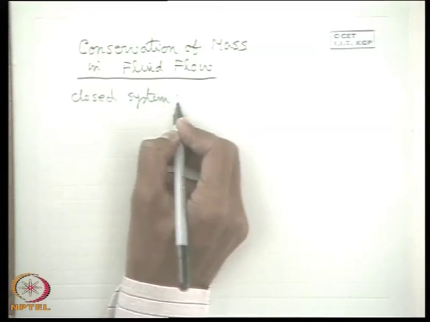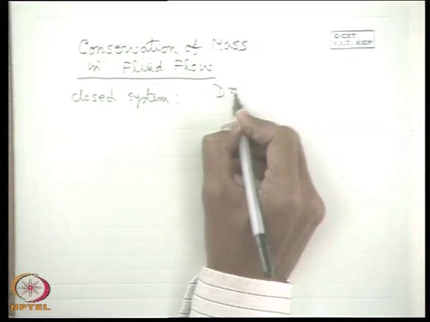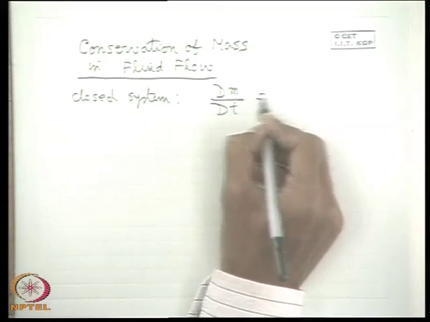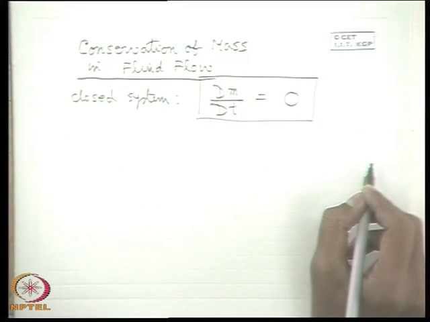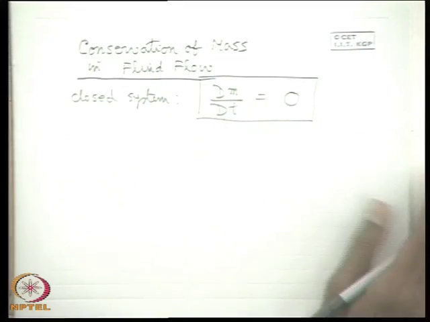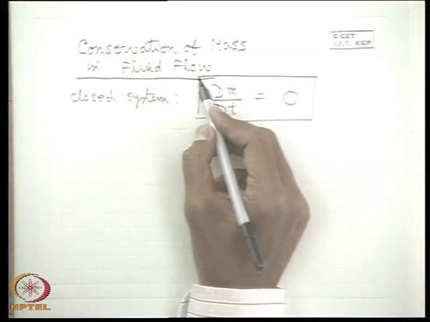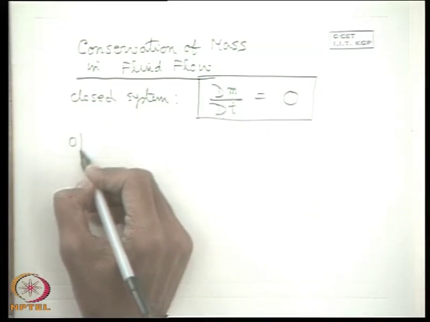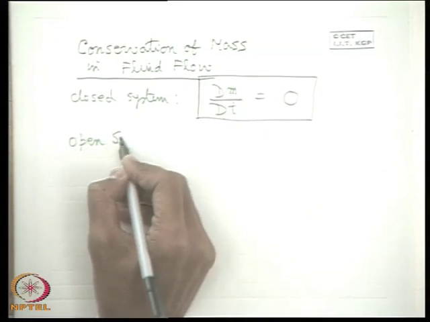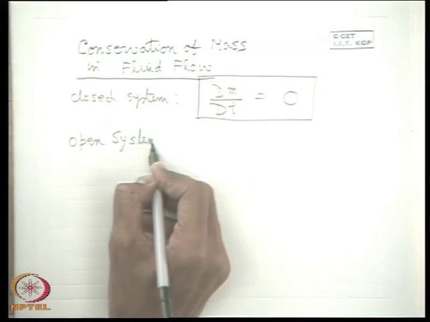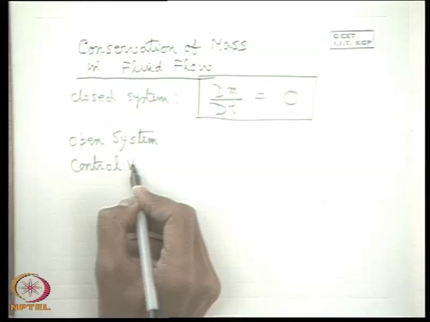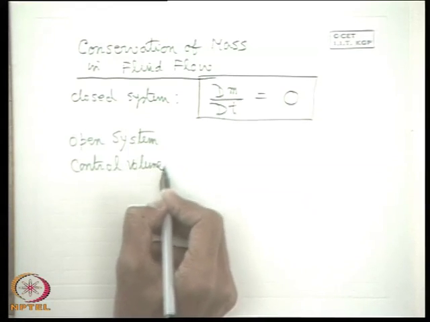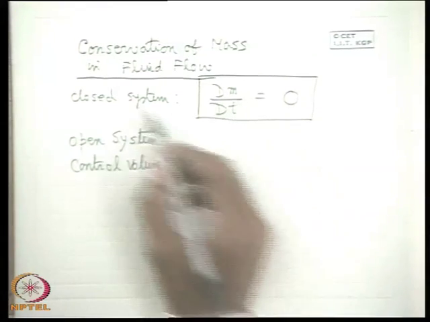you may ask, sir, what is great in it? If the mass of a closed system is constant, the conservation of mass is given by the expression dm/dt is 0. But this is not true for an open system or control volume. So what is it then with respect to an open system or control volume? Please tell me.